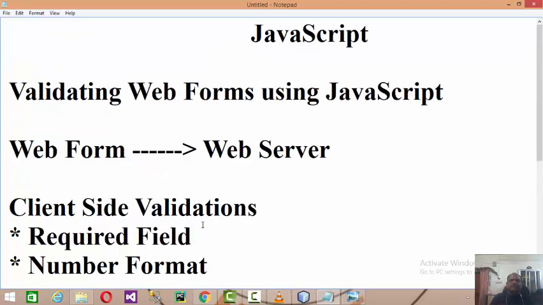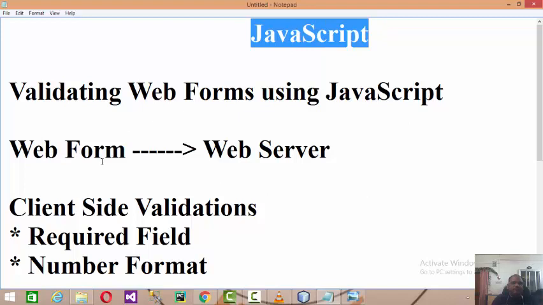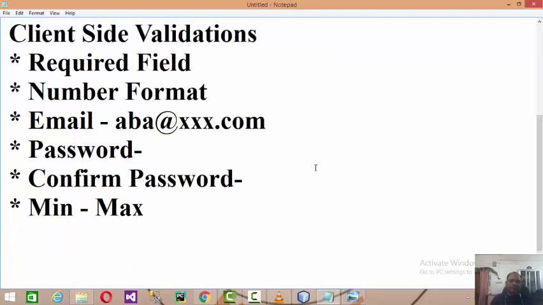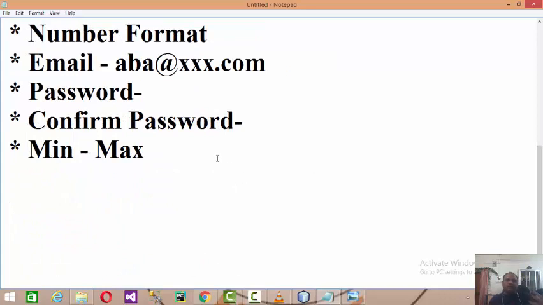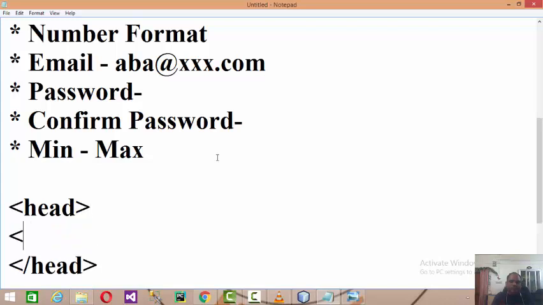So this is about the theoretical steps for validating web forms with JavaScript: we validate the data and then post it to the server. How are we going to do it? In the head section, we need to embed a script.